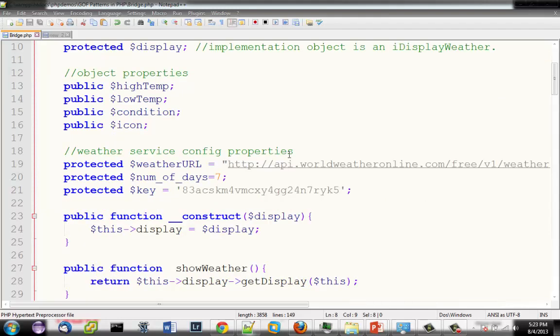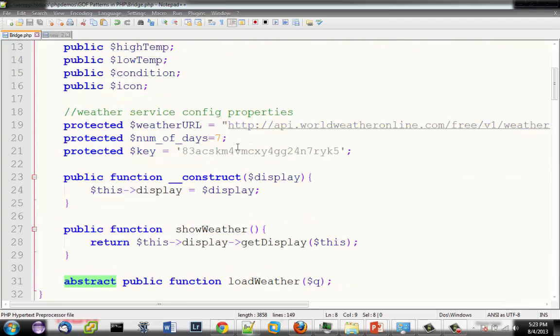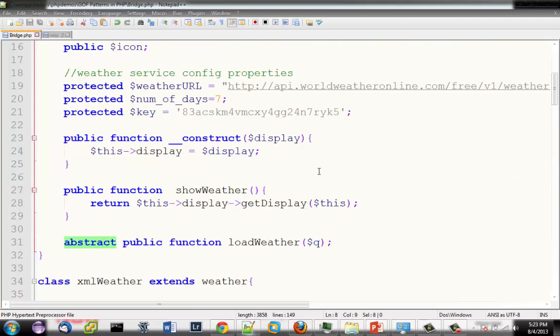And these are just some parameters that are used across the implementations. And the show weather function is also shared across these implementations as well. But the one thing to make this work, I declare an abstract public function called loadWeather. That means I want the actual concrete implementations to implement this particular method in order for it to be an instance of this particular abstract class.